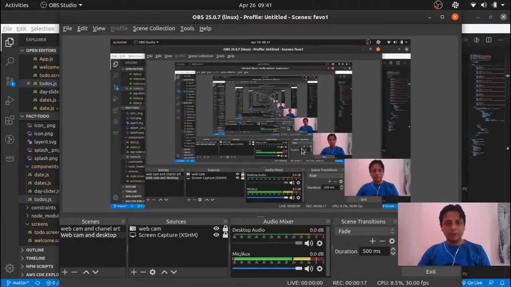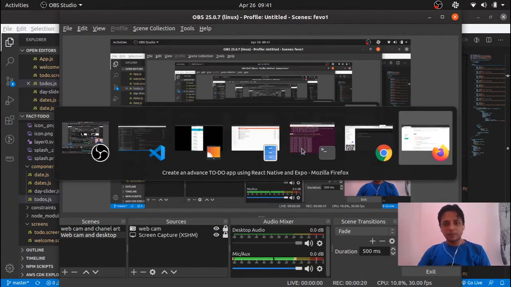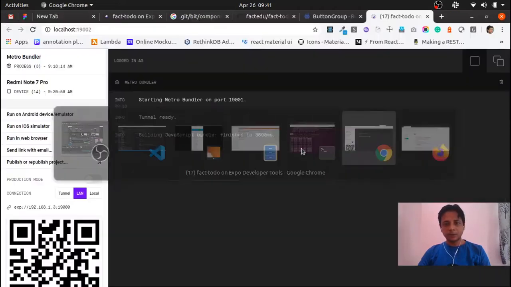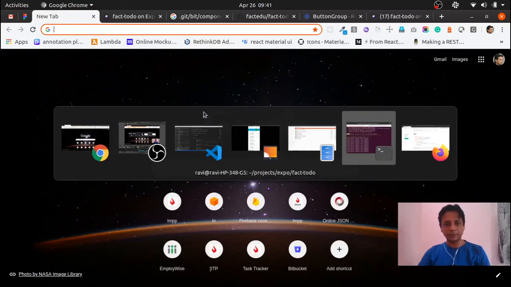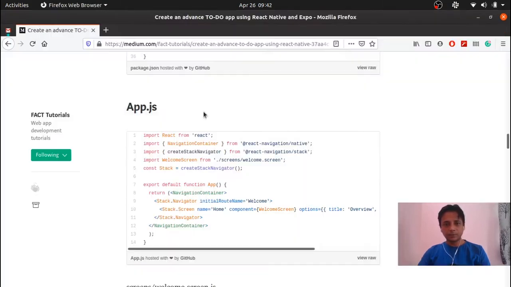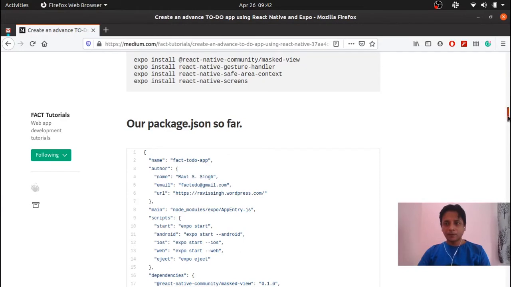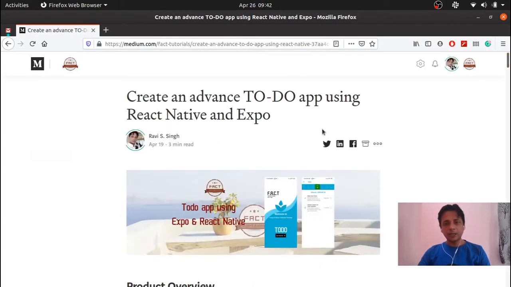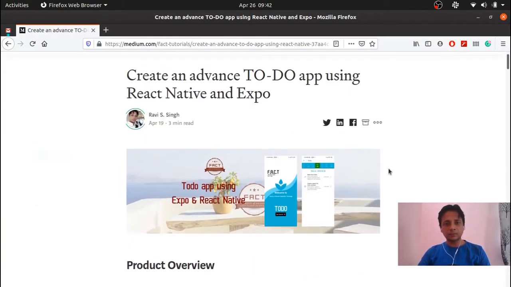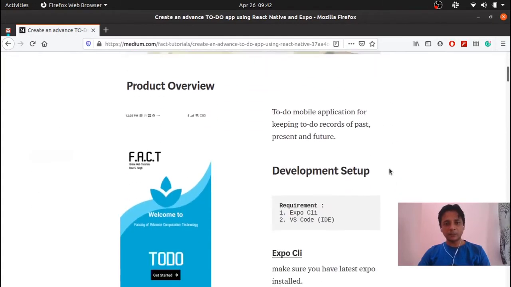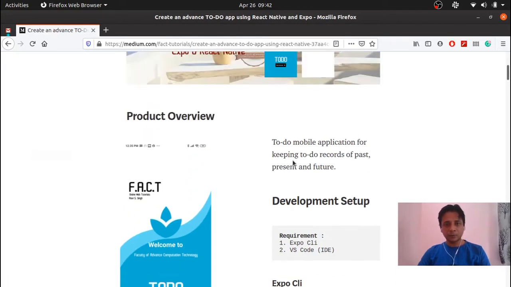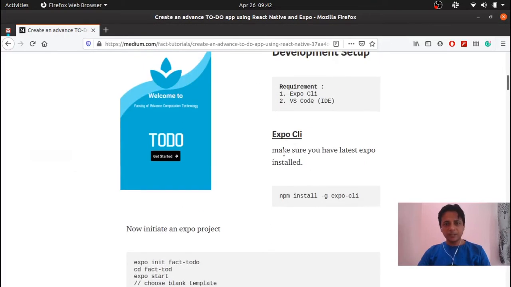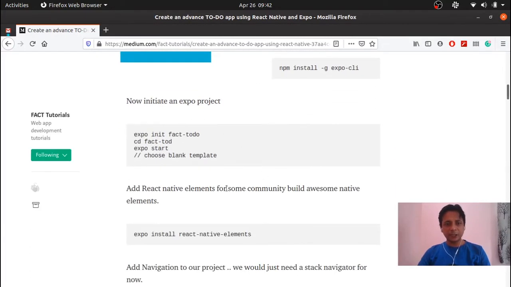Okay, so what I was explaining was basically the article. So let me take you there. So it's here. In this particular article, I have explained how you can reach the screen that we are targeting. This particular article pretty much explains everything.